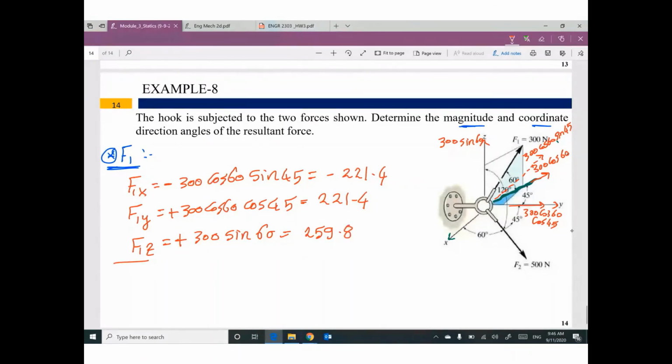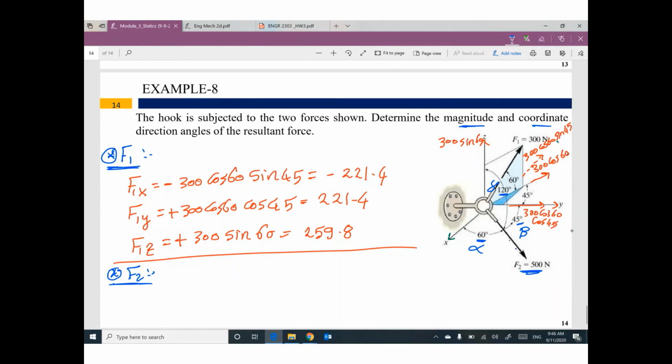That is for F1. Now F2, where is F2? Here is F2. We have the first angle 60, the second angle 45, and the third angle is given, 120. So we have alpha, beta, gamma. Everything is ready for you. Be careful, these angles must be between the force and the x-axis, between the force and the y-axis, between the force